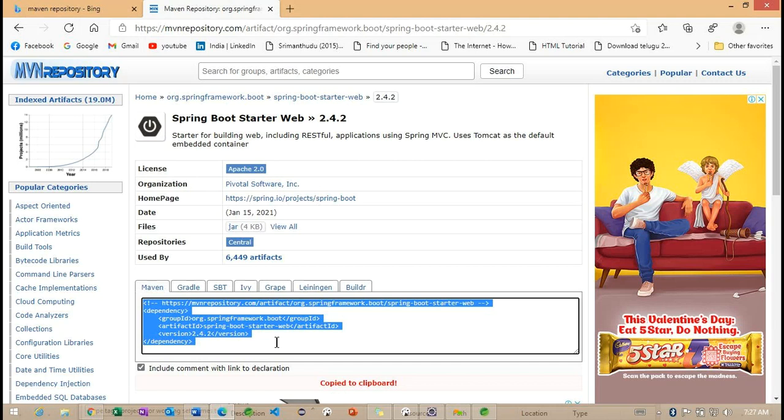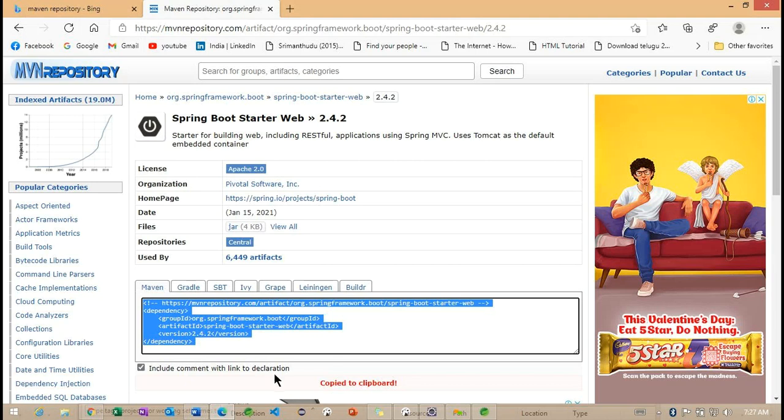And whenever we specify the starter, by default all the dependencies are going to be downloaded with each version, whatever version is supported by this particular starter. Getting the point.